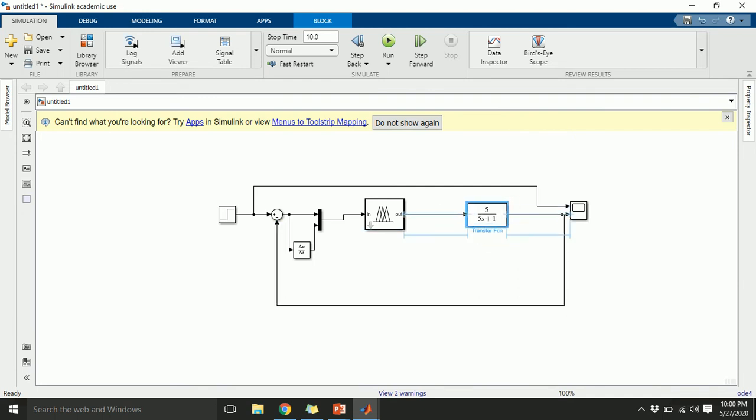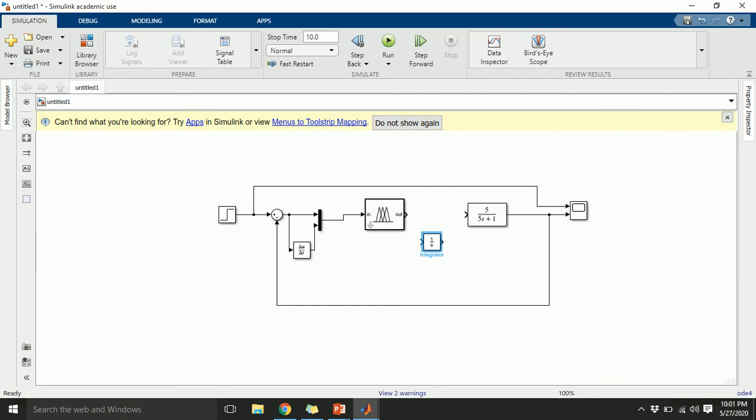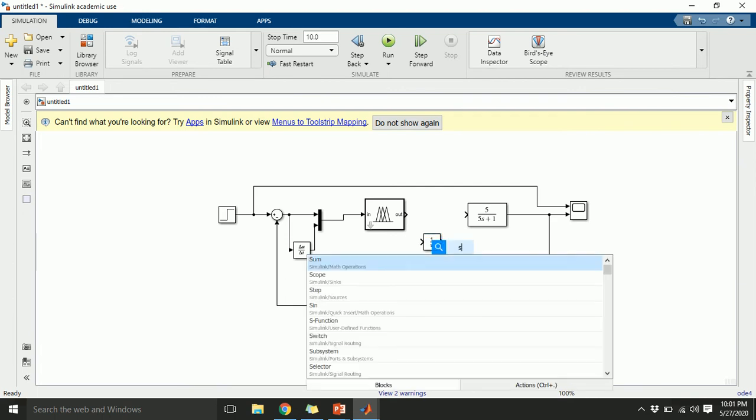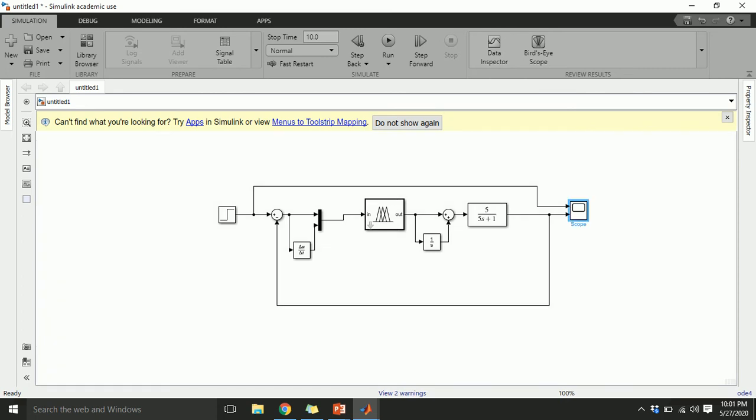So if I take the output of the fuzzy system, integrate it, and add it to the original output of my fuzzy system, this will create essentially a fuzzy PID system. Let's see what kind of response I get from this fuzzy PID controller structure.